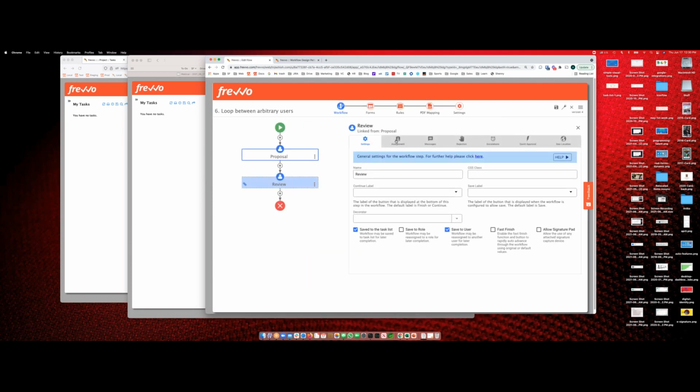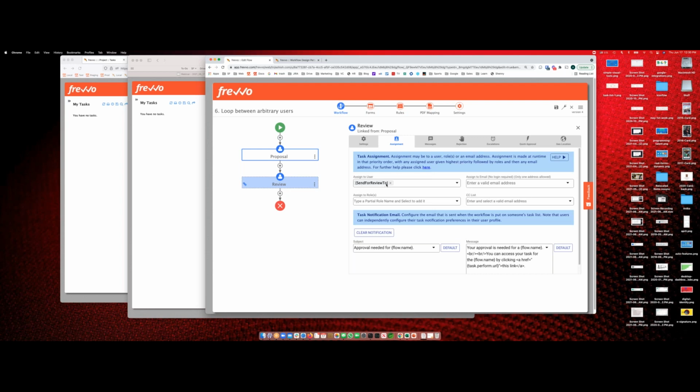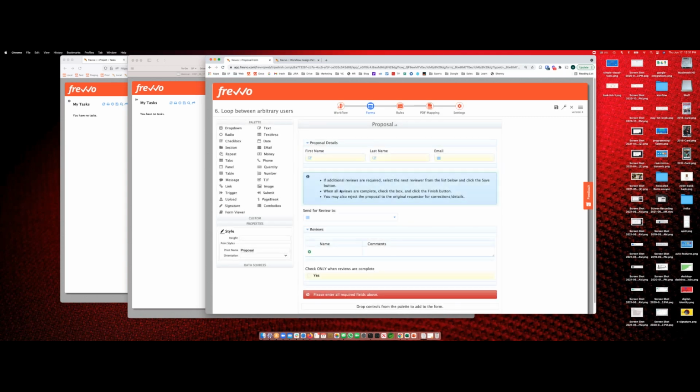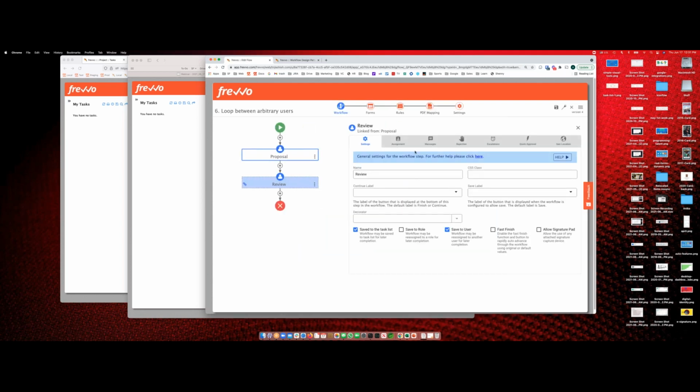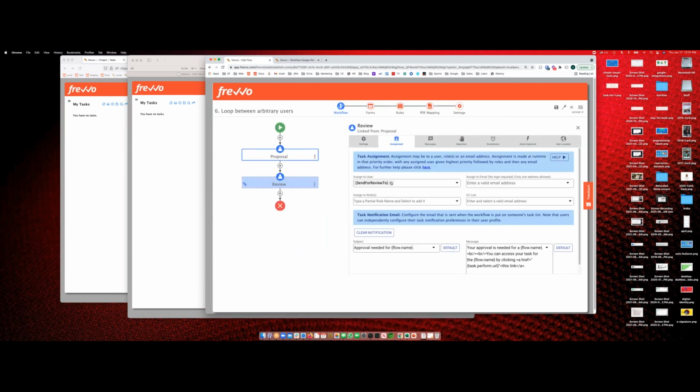How are we setting this assignment here? Well, the assignment is set using that template. Sorry, I need to back up here. In the forms over here, I remember I had this pick list. The control is called send for review to. And so in the workflow here, what we're saying is we're going to route that particular step to whatever the value of this pick list is. So I'm going to go in here, and here's my pick list, send for review to. So it's a template once again, and whatever the value of that particular pick list is,